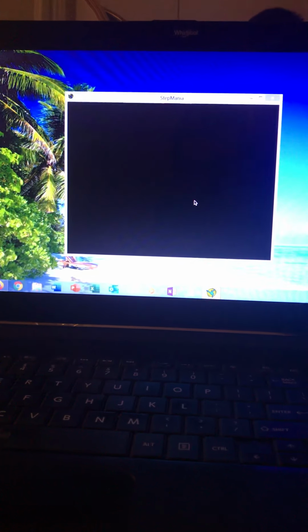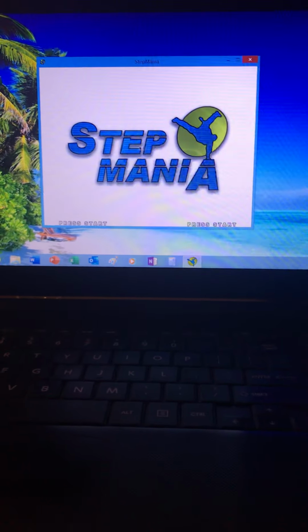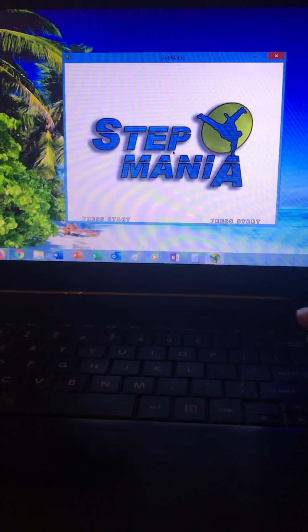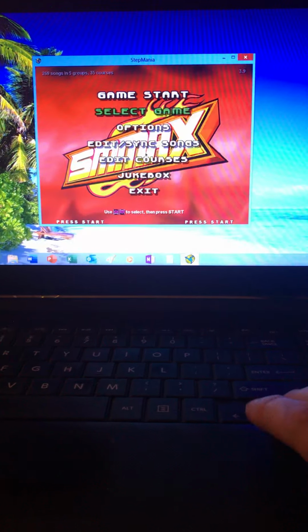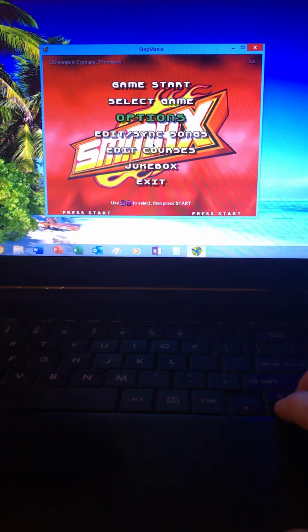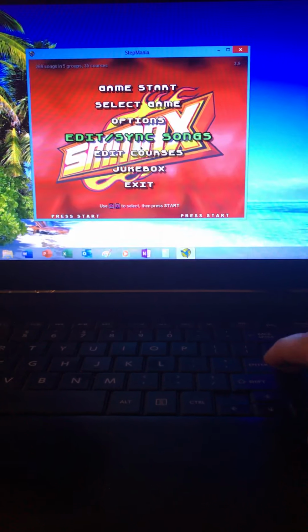There we go. All right. So here we are at the home. And again, this is Stepmania 3.9, so any updated version will most likely not look like this. But anyway, here we are, and the first thing that we're gonna do is go down to edit sync songs,